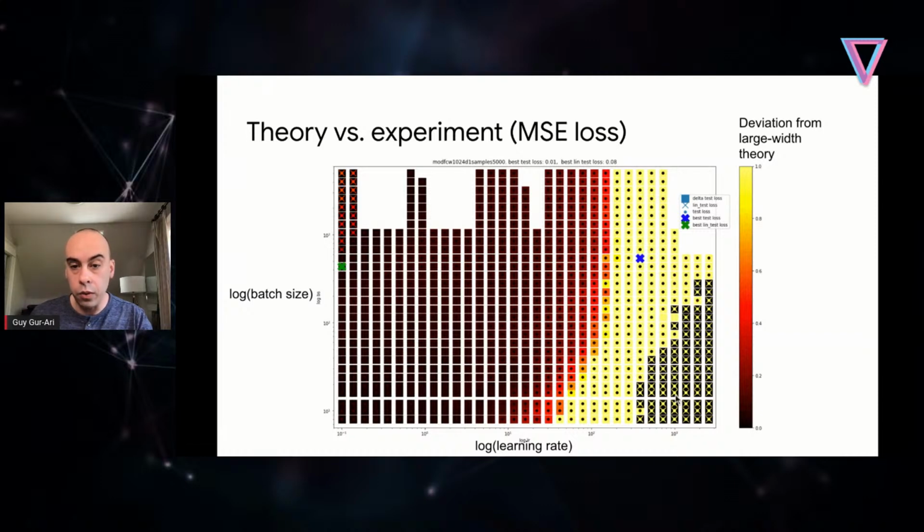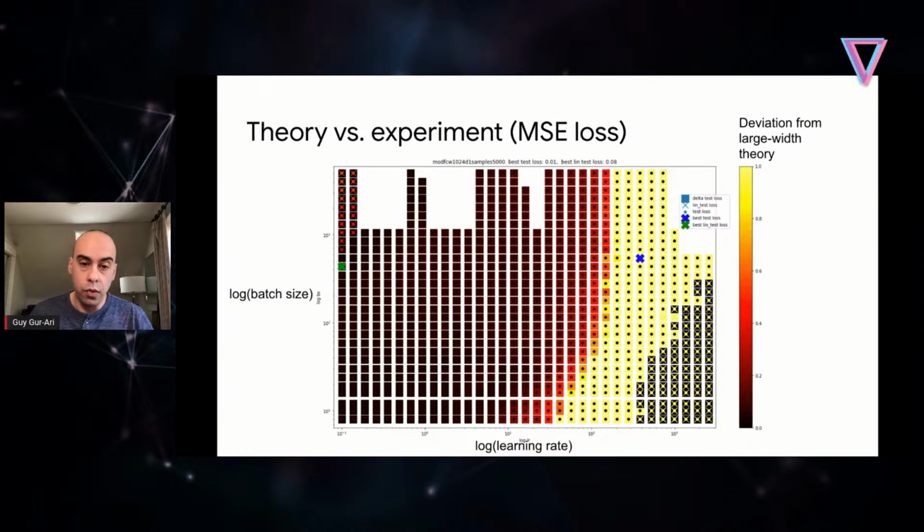The points here on the right with the X's, those are points where the model did not manage to train. The full network did not manage to train. And you can see this happens if we take the learning rate to be too large, then the training diverges and we can't train, which is to be expected. And the last thing to note on this plot, which is kind of the most interesting point, is the blue X. The blue X is where we get the best performance out of all of these experiments on the network that we trained. And notice that the blue X is straight in the middle of the region where the theory breaks down and does not correctly describe the training dynamics of the network.